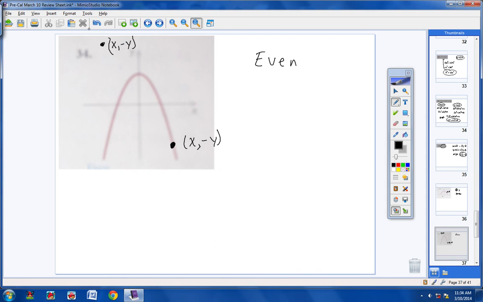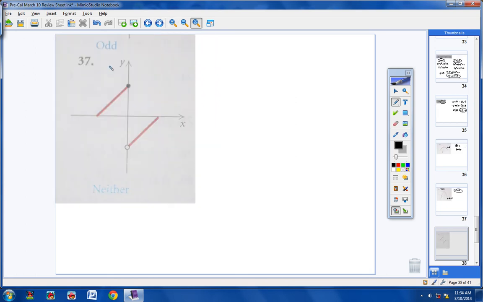Or excuse me, I'm sorry, that's incorrect. A negative x and a positive y. Okay? We do not have origin symmetry, thus it is not odd, it is even. All right, number 37. Now, let's take a look. By the way, on number 37, this is the answer here for the one above it, so just ignore that. Okay, now on number 37,